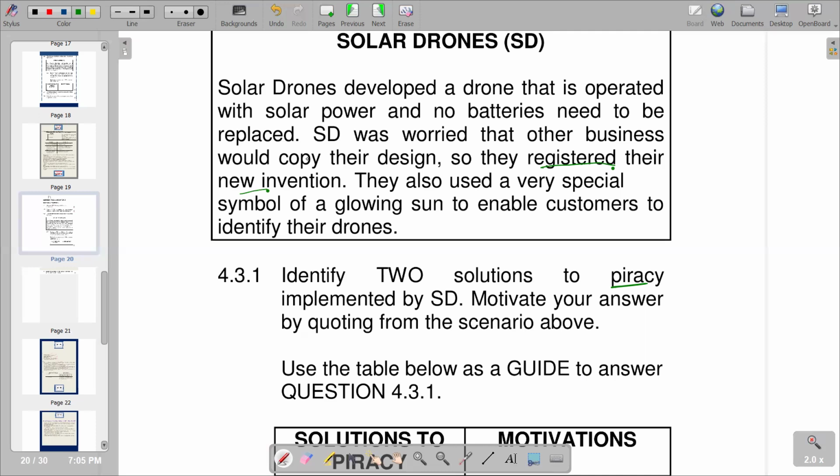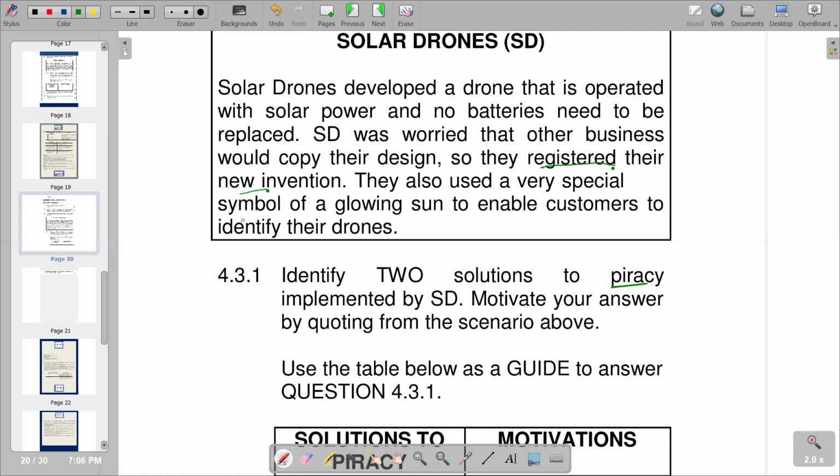So this is the process of patents, and we know that patents it is a type of intellectual property that gives its owner the legal right to exclude others from making, or using or selling an invention. So this is exactly what they are employing on that part. So we've got patents, and then if you go to the next sentence, it reads they also used a very